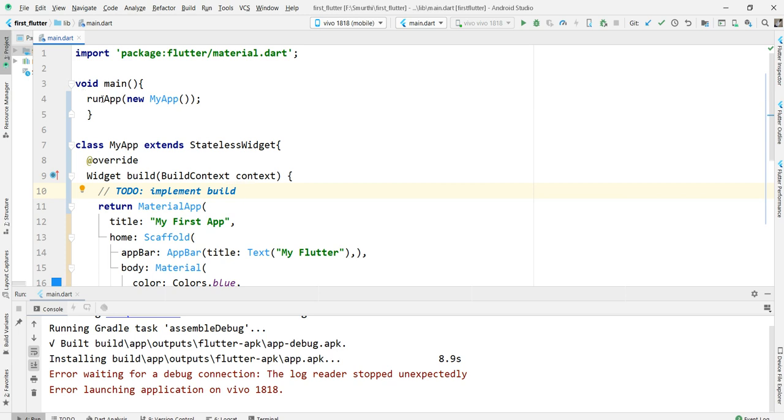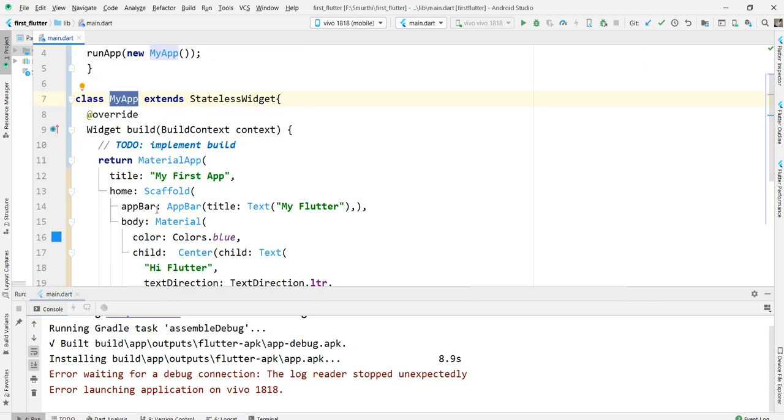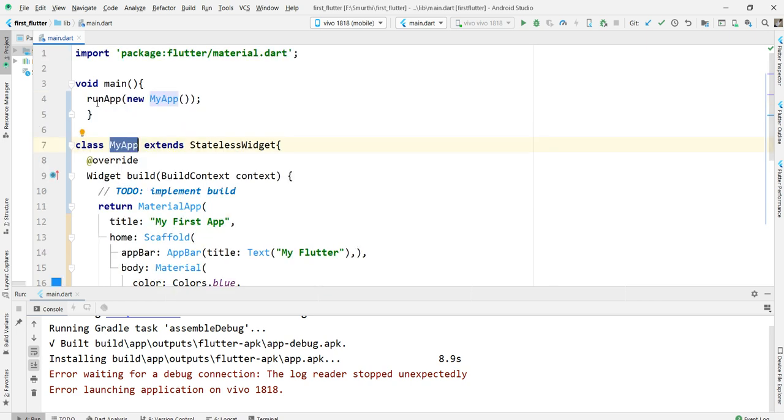But what happens here is, whenever this void main method is executed, it calls runApp, that is my app. So automatically first the stateless widget, then the widget, then here the material app, title, and all, it calls automatically one by one. It is the same way, but instead of writing the entire code here, which is a little confusing, we are doing it like this.